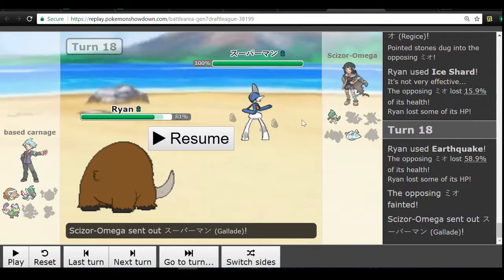So to win the game, I need Mamoswine around. I need it for Ice Shard for Togekiss. Now, if I stay in, and he stays in and goes for Close Combat and kills me, I lose the game. If he goes for Swords Dance and I stay in and I go for Earthquake, I win the game. If I switch out